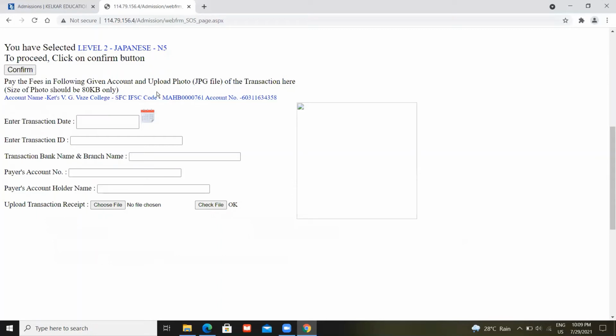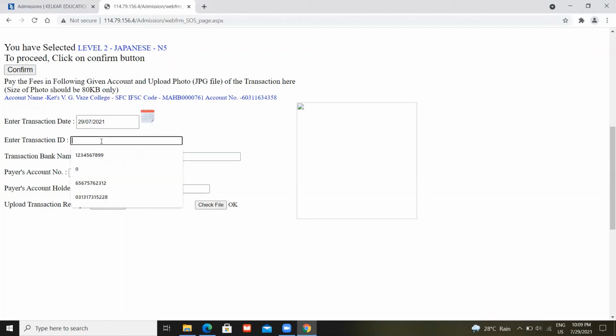Once you have transferred the particular amount to the college bank, you will have to upload the photo in JPG format of the receipt which you have got, the transaction receipt. Once that is done, you will have to enter the transaction date over here, the transaction ID.